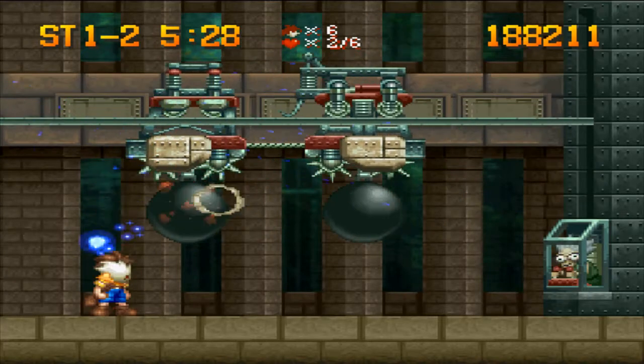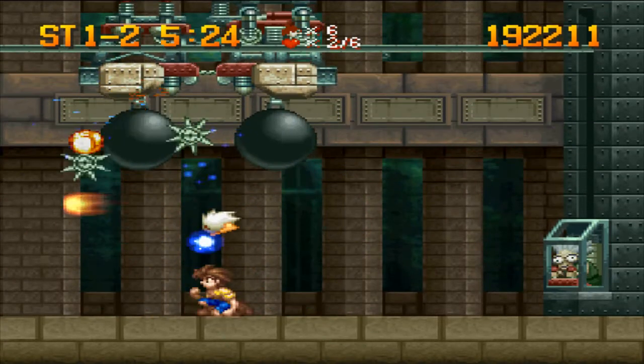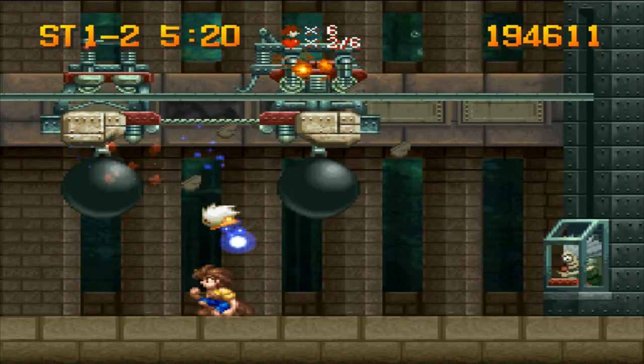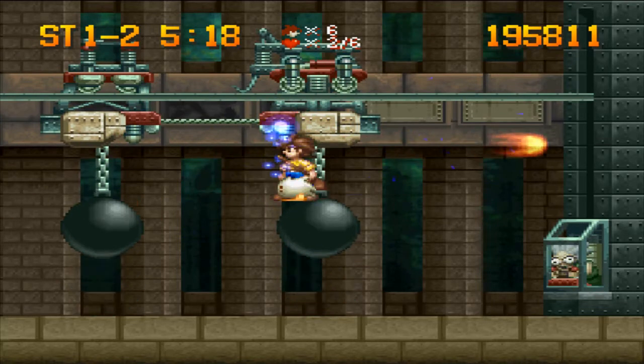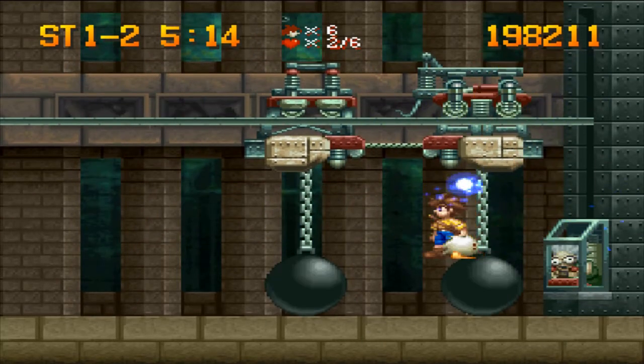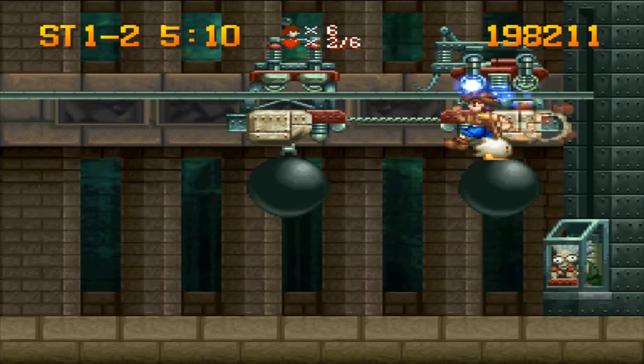Okay, here's the boss to Area 1. Basically, all you need to really do at the start is knock those little spikes off, and start hitting these things at the top. You can also jump on top of the balls to make this go quicker. Look how quickly this is going. Your timer will still...